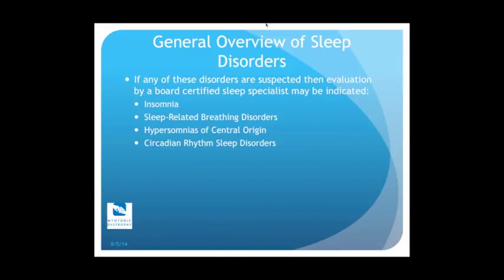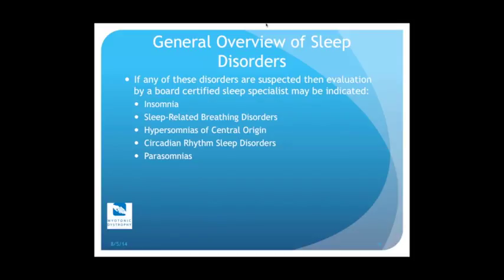Circadian rhythm disorders: people who would like to go to bed earlier, but their body doesn't allow them to fall asleep until 2 or 3 in the morning, and then they sleep all day. That's one example of a circadian rhythm disorder. And then there's also the exact opposite of that, such as advanced sleep phase disorder, where people go to bed exceptionally early and then wake up exceptionally early. But that's circadian rhythm disorders.